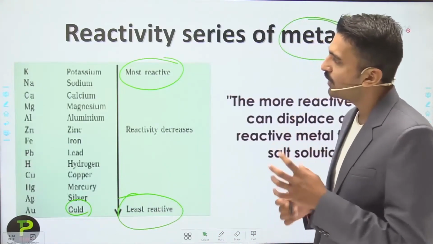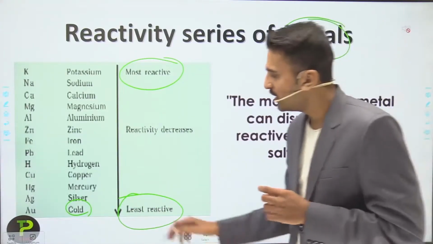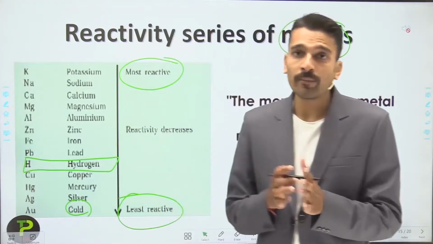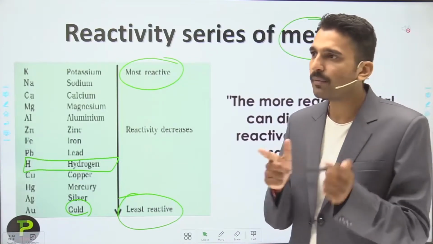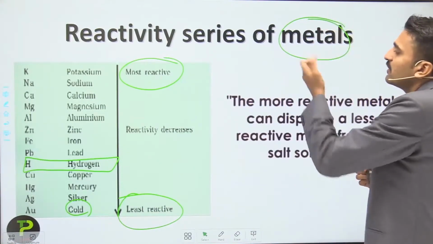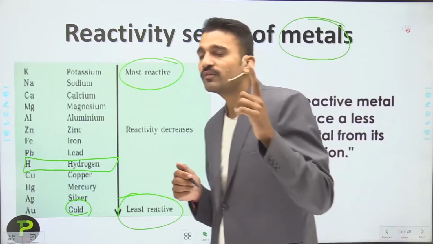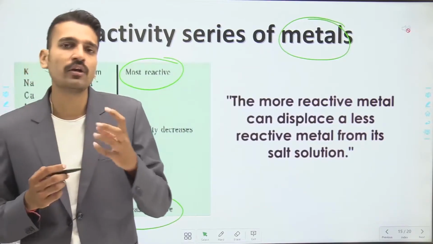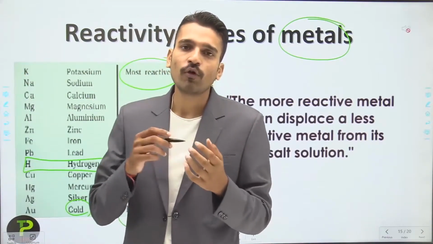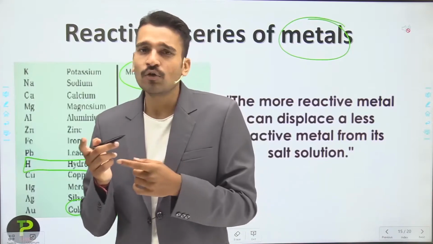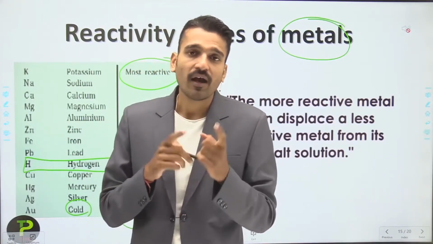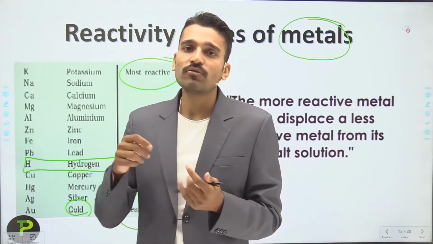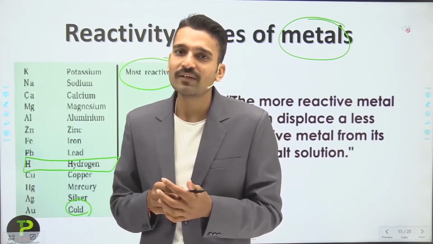In this particular table, remember one thing, here you encounter hydrogen. Hydrogen is a non-metal. But why is it placed in the reactivity series of metals? Because of two reasons. First, hydrogen has one electron in its outermost shell and it only requires one electron to form a duplet, so it acts as a non-metal in that case. But like the alkali metals which give one electron, hydrogen may also give one electron to form the H+ cation.